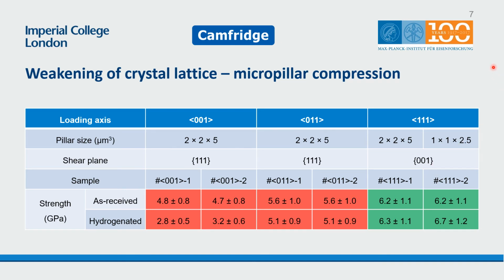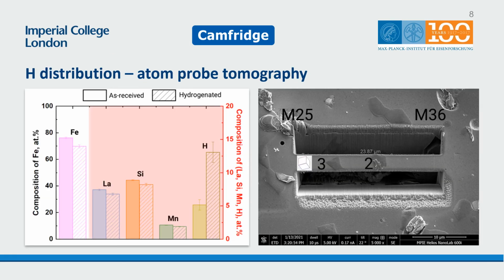And then we wanted to take a step further to understand whether this is due to a difference in the arrangement of hydrogen atoms on these two sets of planes. And we studied this using atom probe tomography. And so we lifted out atom probe needles from the main phase in both the as received and hydrogenated specimens, and we observed that the hydrogen content in the hydrogenated specimen is much higher than that in the as received specimen,